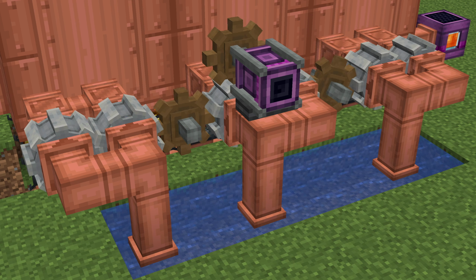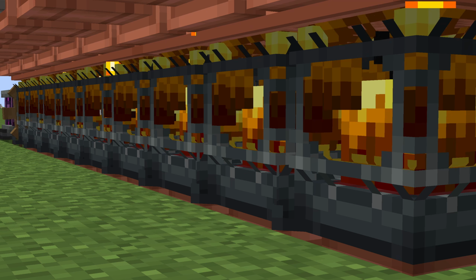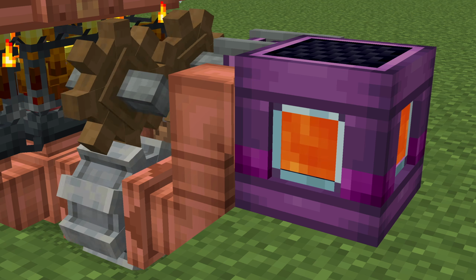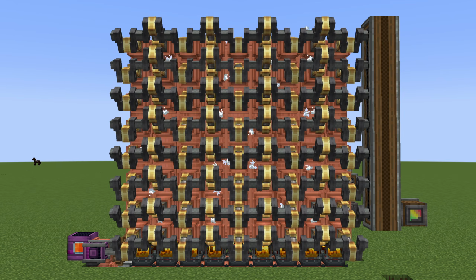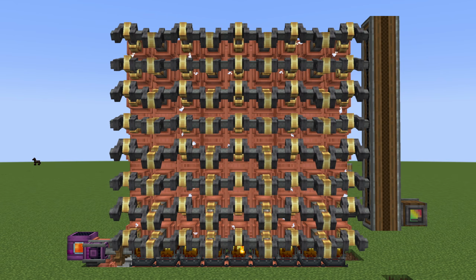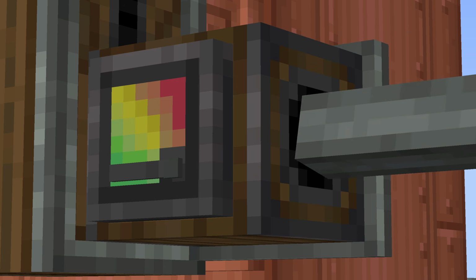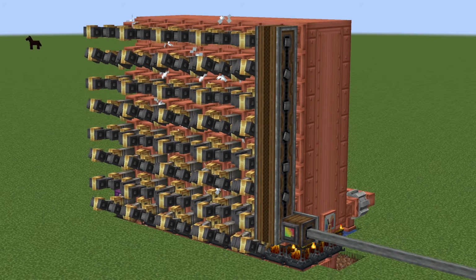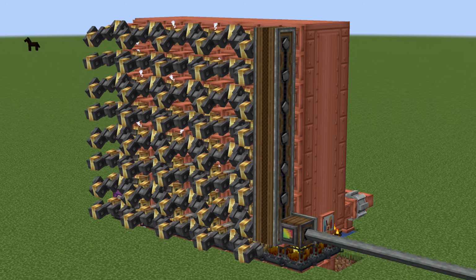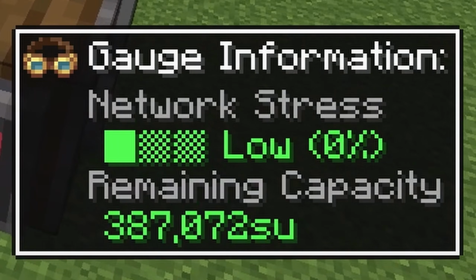Water is pumped from an infinite source into these three big tanks, which is then heated up by a set of blaze burners underneath each, all being powered by lava being pumped into them. As these heat up the water inside the tanks, they produce steam that will begin to spin the engines themselves, which are combined on the end with encased chain drives to provide one single output from the engine. It's a pretty easy machine to make, is relatively compact for its output, and this particular steam engine outputs